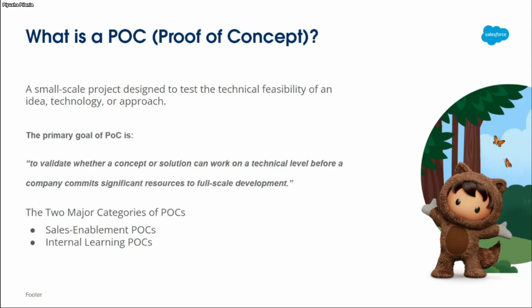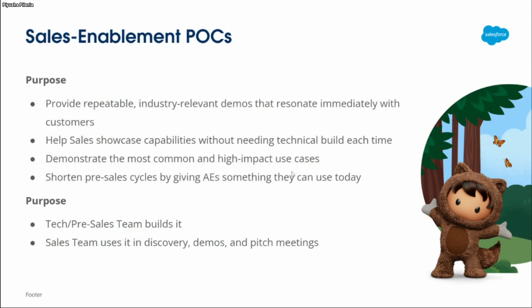The second type of POC is sales enablement POCs. So these POCs can be built for newer products or for existing products, depending on how you're working. And we're going to learn more about each of these in the coming slides. So let's talk about sales enablement POC first. These POCs normally are